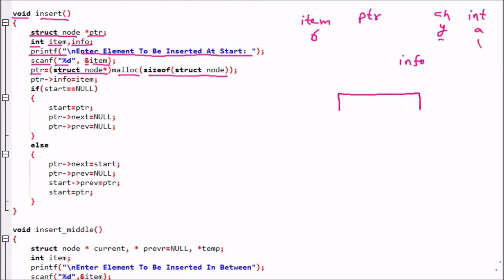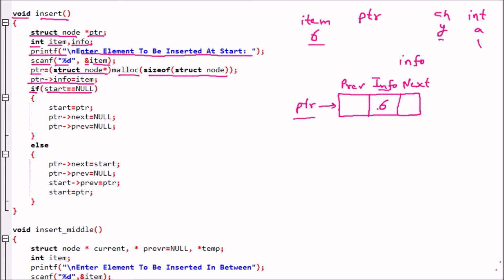This is a node, and we already know that the node structure is defined: first of all we have the previous, then afterward the info part, then afterward the next part. So this is the doubly linked list node, and ptr is pointing to this node. Now ptr->info = item, so ptr->info means this part we are talking about, equal to item 6. So we have successfully placed the 6 here.